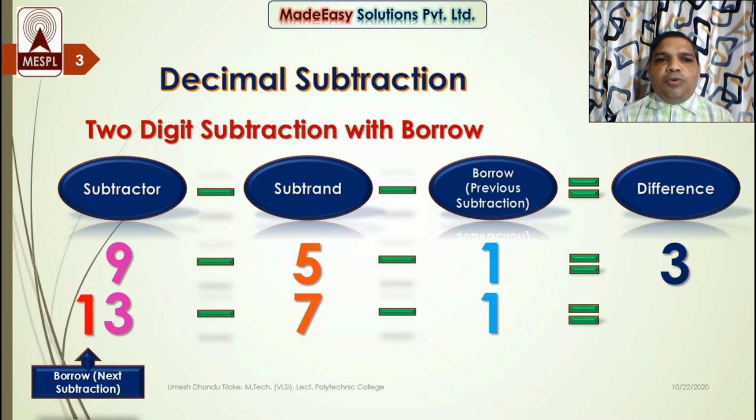So now the value of borrow taken is 10 actually, and the initial digit I had was 3. So now the total figure I have is 10 plus 3 is equal to 13. Now I can subtract 7 from 13. So let us subtract it. 7 subtracted from 13 is equal to 6, and borrow 1 subtracted from 6 is equal to 5. So I will get 5 as the result over here. This is how we perform the subtraction operation when a subtrahend is larger than subtractor. Now let us see some examples.